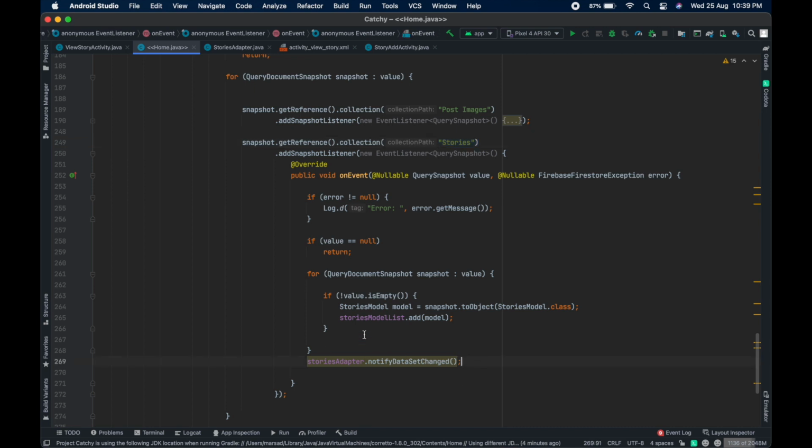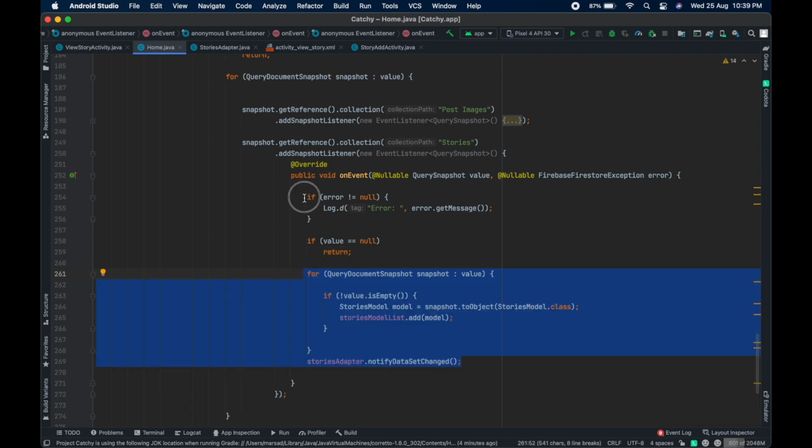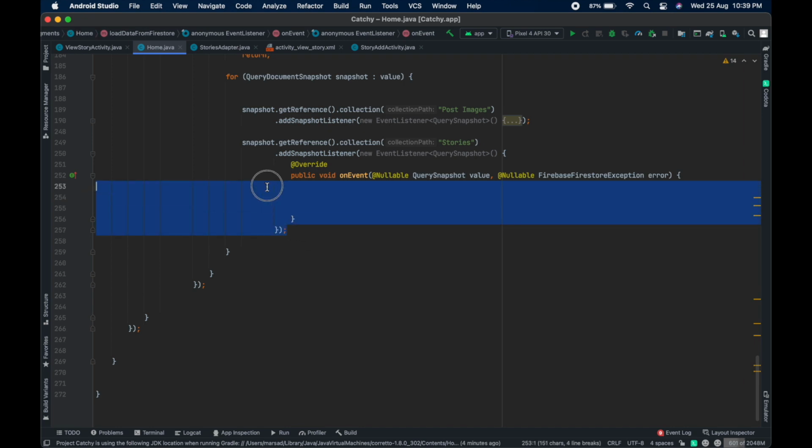Okay, cut the code, Ctrl+X, and also these lines, Ctrl+X, and remove this code,